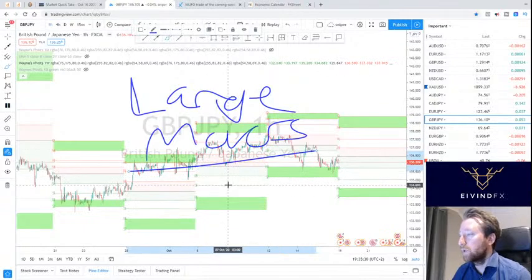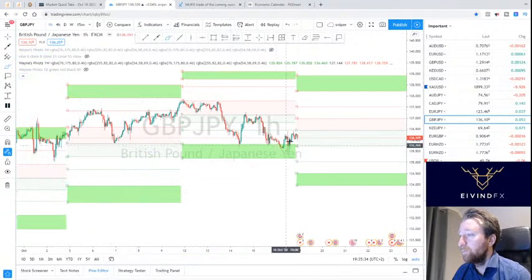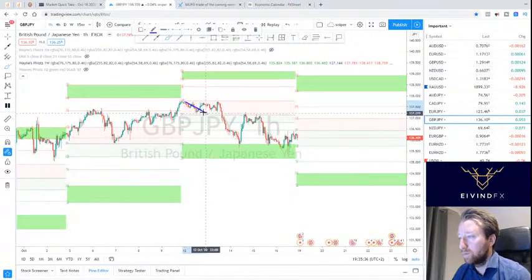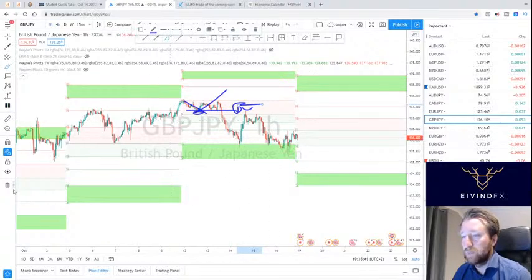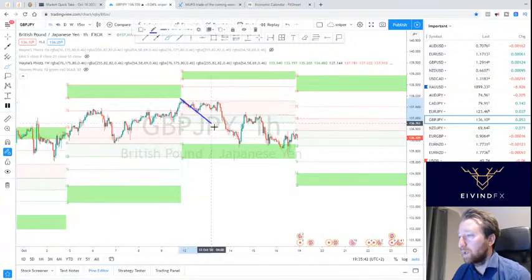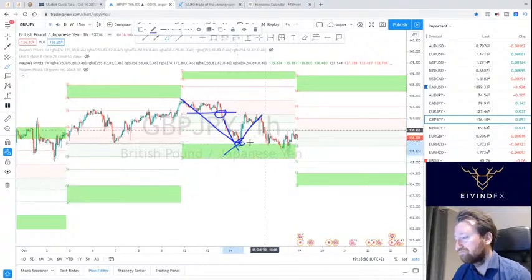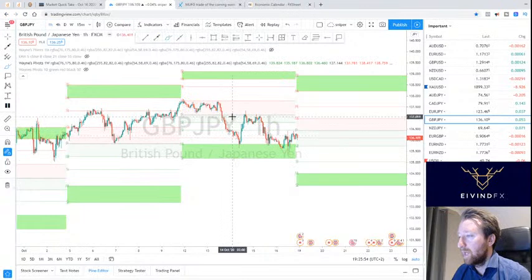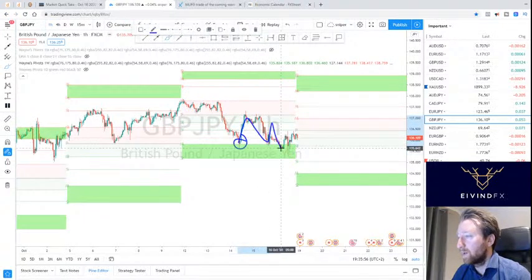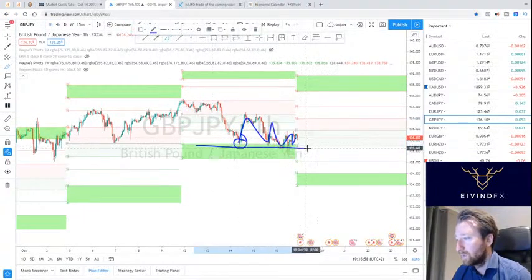For the past week, it's been quite a roller coaster, I would say. If you were a buyer, you're thinking, oh, cool, that's a buy, and then you got out at break even. If you're a seller, you're thinking, sell it here, take profit there. Have we gone lower? No, we haven't gone lower. So we haven't really done much. And after taking profit, it has been up and down, up and down. So we are still respecting that